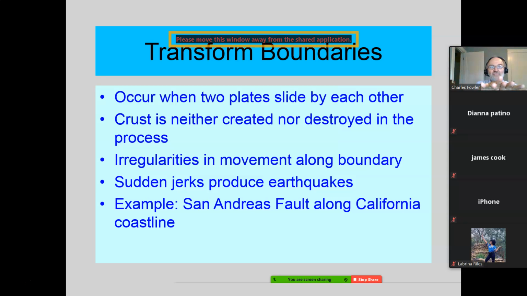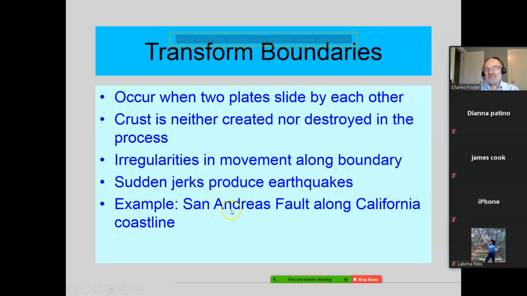Because if you imagine this plate trying to go this way and that one going the other way, or let's get it in the reverse direction, this one's trying to go backward, this one's trying to go forward, they get hung up on protuberances, irregularities. They just create issues there. They're trying to move, they get hung up, they can't. More pressure, finally something gives. Those sudden jerks, that's what produces earthquakes. That's what everyone on the west coast knows, the sudden jerks. This is movement of plates.